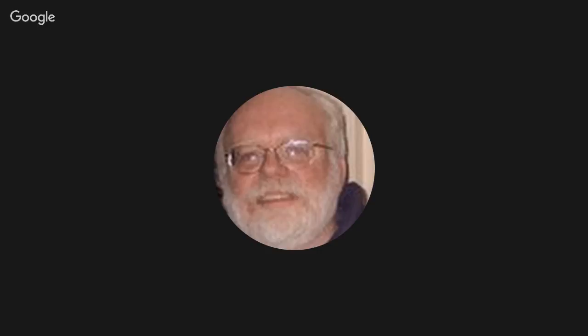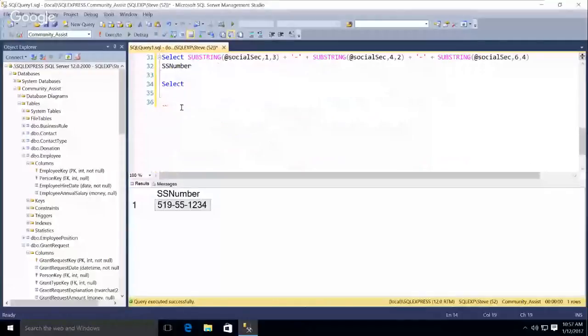So what we're going to look at now are aggregate functions. I'll just get rid of that select. Aggregate functions operate across rows. They operate on groups of rows, and that group can be as big as the entire table.